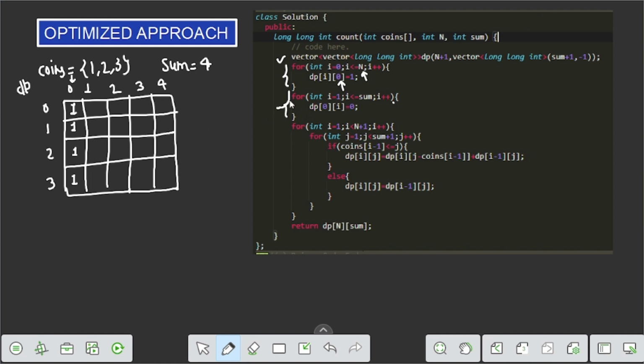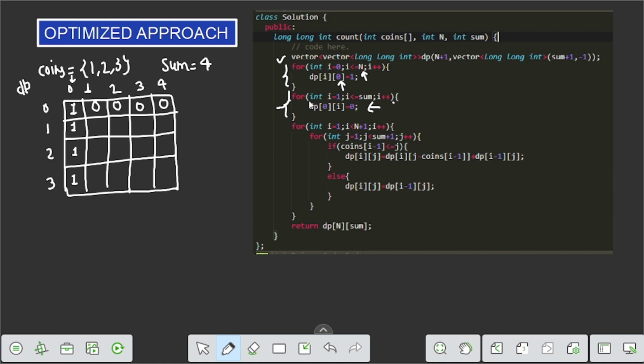And for the first row, we initialize dp of 0, j to 0, so the row is 1, 0, 0, 0, 0. Why do we initialize this to 0?